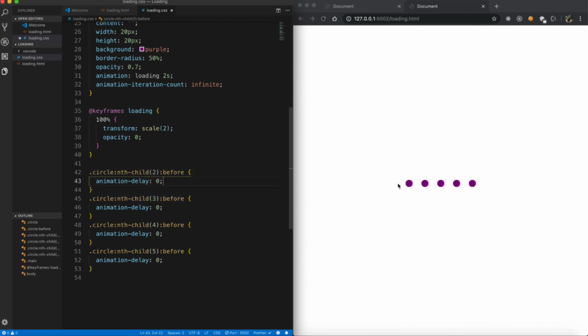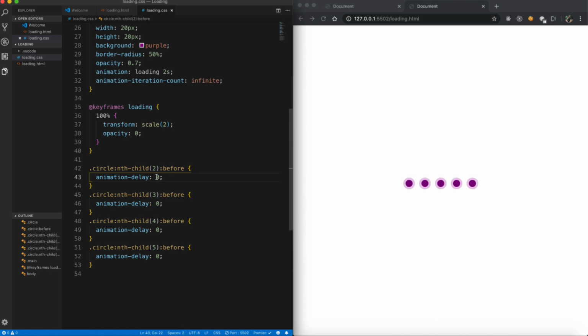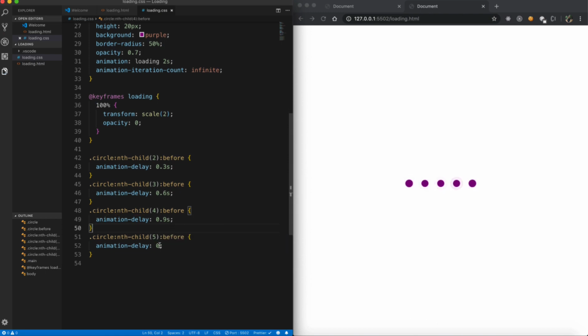So to the first one, we don't need to give any animation delay, because it can just start when we are starting out the animation. Whereas the second child, we can give it an animation delay of, let's say, 0.3 seconds. Similarly for this, we can give it 0.6 seconds. Let's actually give it evenly so it looks symmetrical. 0.9 seconds, and at last we'll have 1.2 seconds. So now you can see it's going to appear after a certain delay, and it's happening in a particular sequence.